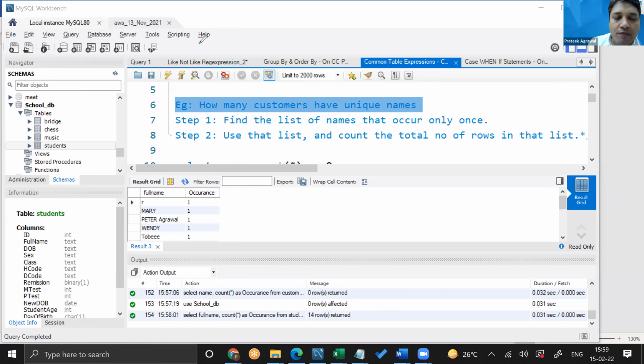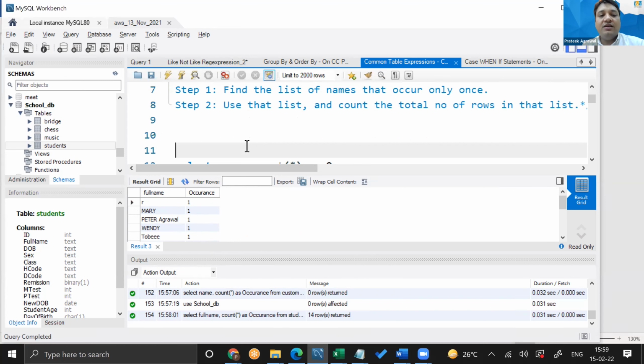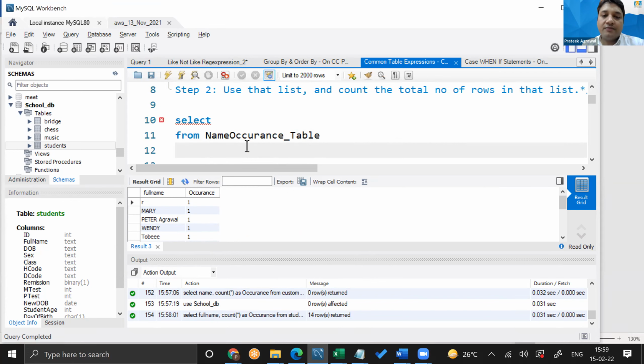So if I say that from this name occurrence table, I want to find out the number of rows, I can simply write count star.